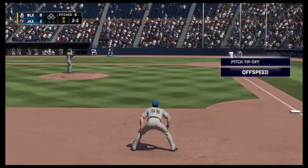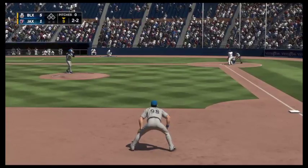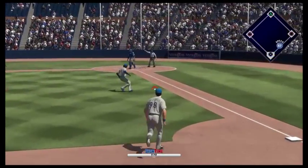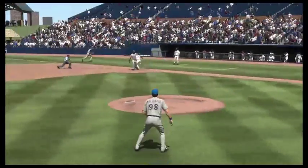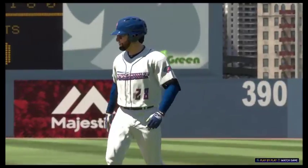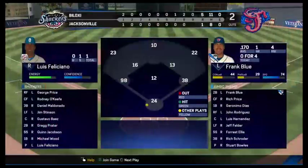Leading off in the bottom of the 9th, left fielder. And now a bunt attempt here as he gets this one down. But the throw will be in time at first, so he's denied the base hit on a bunt attempt. Well, you know, he had a...